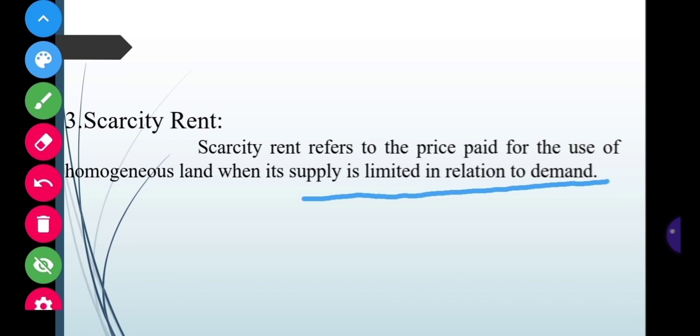At that time we have to pay more reward for that particular land in the form of rent. That type of rent is called scarcity rent. It arises due to the scarcity of land. This is the third one. Next,